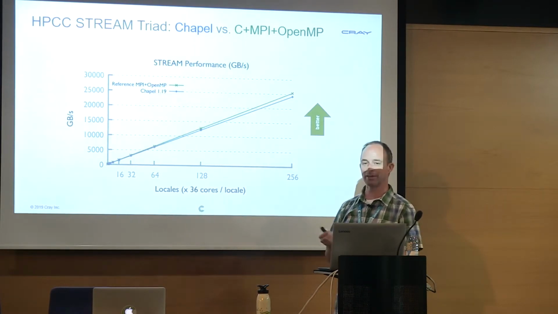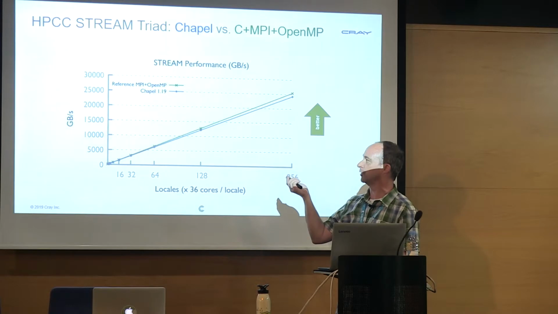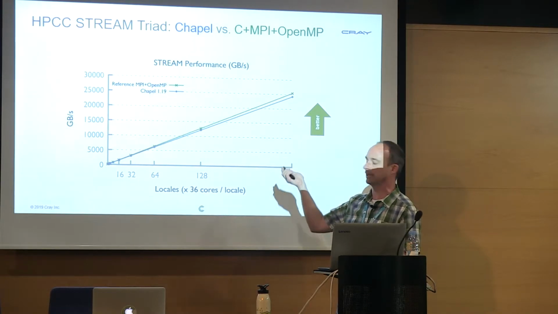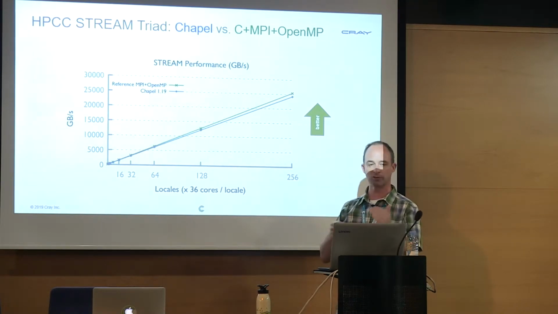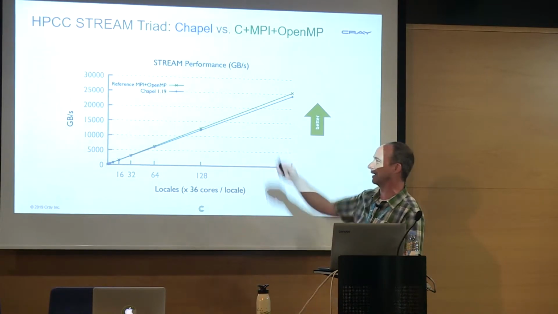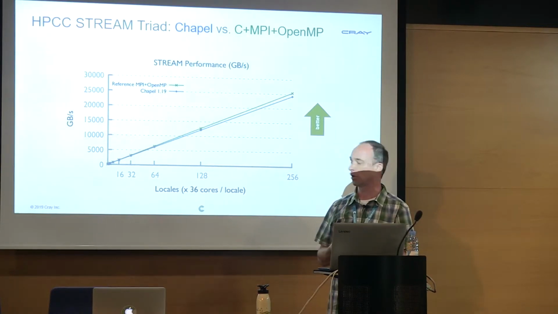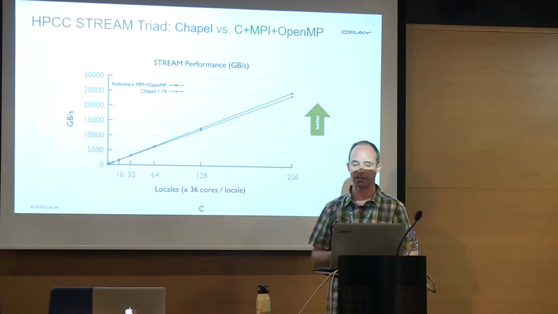What we did here is we ran the MPI code with no huge pages module loaded, and the Chapel code with huge pages modules, because that's the mode in which each typically prefers to run. But this is a code that doesn't benefit from huge pages at all, so Chapel takes a little bit of a hit there. If we were to swap the huge pages module for either one of these, the lines would match up. So we've just tried to be as fair as possible to MPI essentially, but we could get Chapel to compete identically if we just unloaded the huge pages module. So again, simpler code, but one that's competing pretty much identically with MPI and OpenMP.